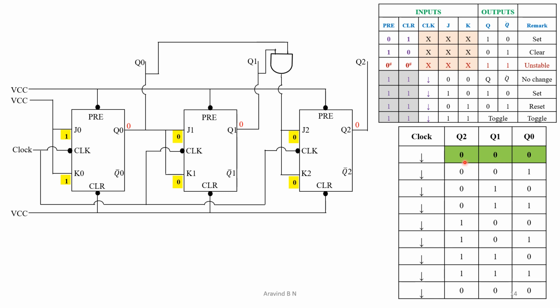Now make a consideration: if we apply the clock pulse at this stage, what is going to happen? The same clock pulse will be commonly applied to all three JK flip-flops simultaneously. So whatever the corresponding inputs at this instant, it is going to act on those input values and generate the corresponding output. Now let us take it part by part. When we apply the clock pulse, it applies to all three flip-flops simultaneously.